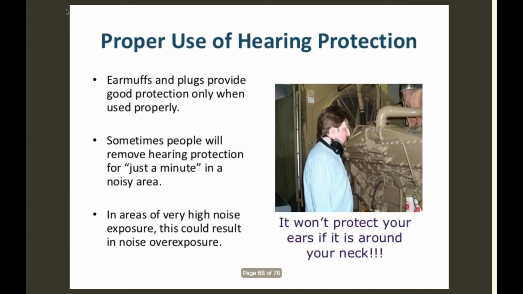Okay, proper use. Okay, and you don't want them removing them. You want them to keep them on, right? Exactly. This is, if you guys,